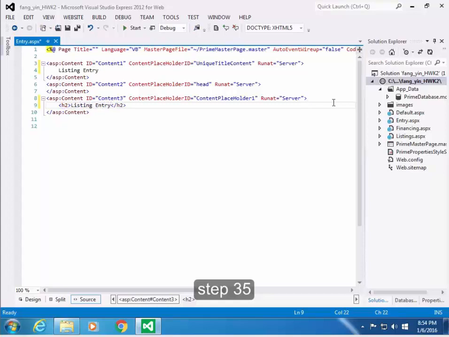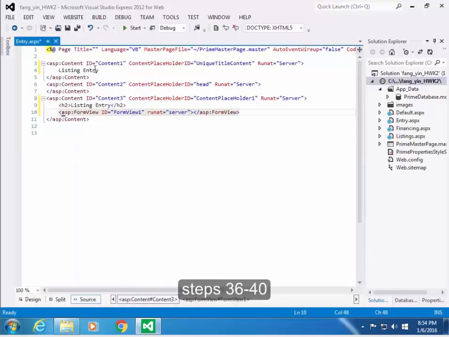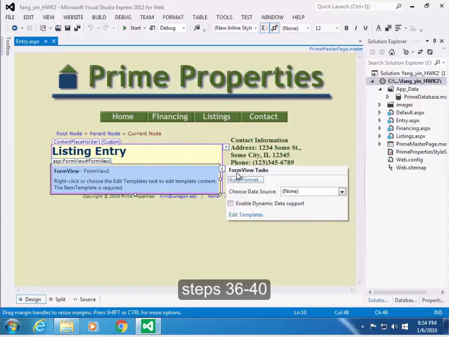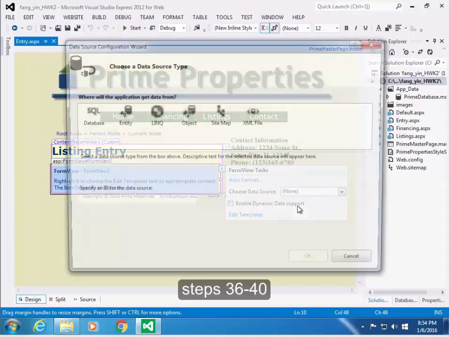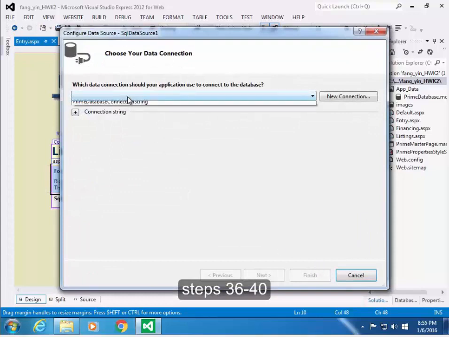And then find data control from the toolbox. Form view. And then we can go to the design view to modify the form view. Choose a data source, a new one, because we're on a new page. It's from database. And we can use the existing connection string,